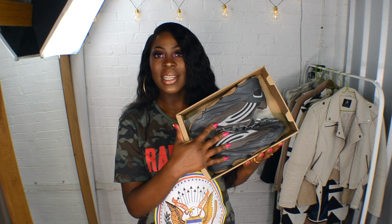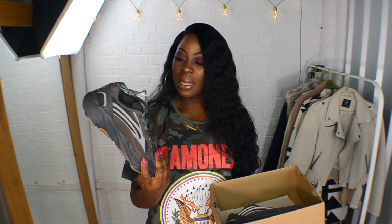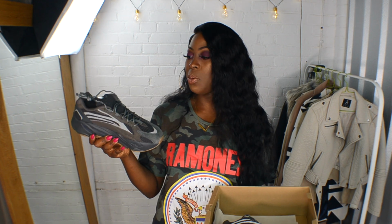So these are the trainers that I received. But let's have a look at it. I've been seeing these trainers actually everywhere. I really like them, but I'm not really big on trainers, so I didn't really want to cop out a lot of money to buy these because I'm not really a trainer girl. So when they reached out to me, I thought it would be a good time to try them out. So if I do want more, I will purchase more colors,